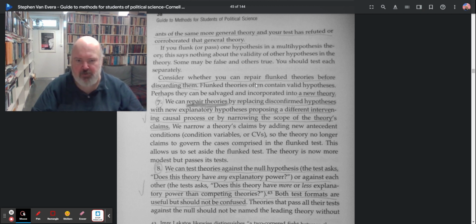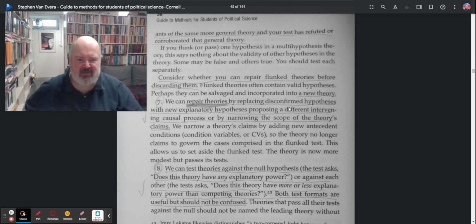Consider whether you can repair flunk tests before disregarding them. Flunk theories often contain valid hypotheses. Perhaps they can be salvaged and incorporated into a new theory. In other words, there's a valid hypothesis there that you just have to correctly define, so you can repair them. So consider repairing your flunk theory before you disregard it. Seven, we can repair theories